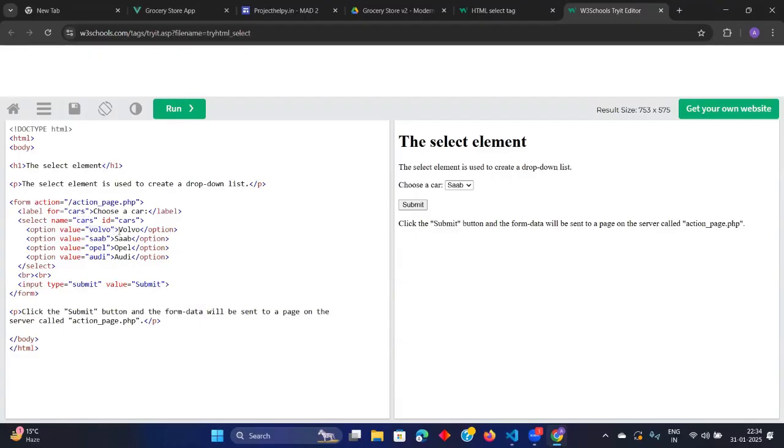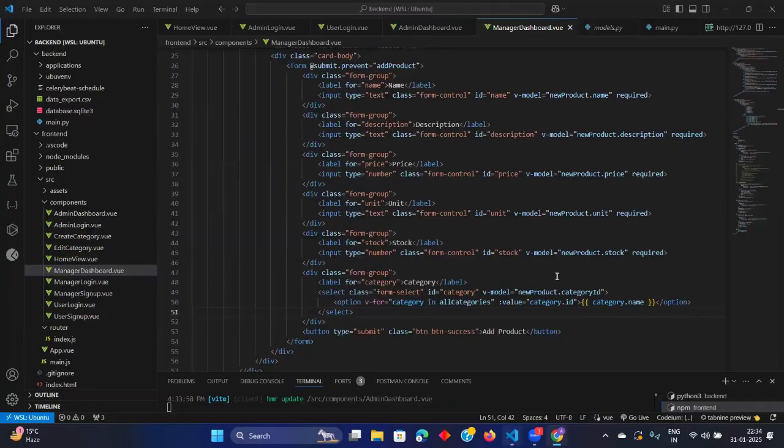But in this scenario, what we want to send to the backend is the category ID. And what are we going to loop through? We will be showing all the categories, category in all categories. It will fetch and show them as a drop down, right?